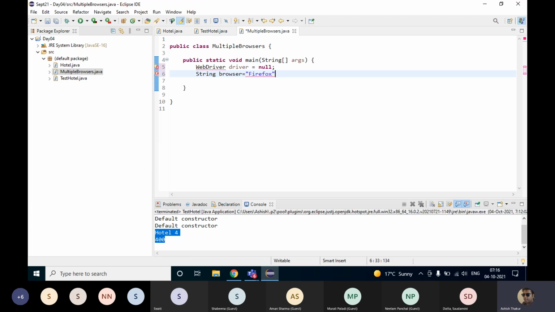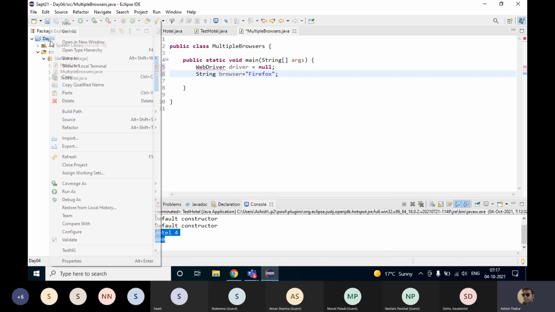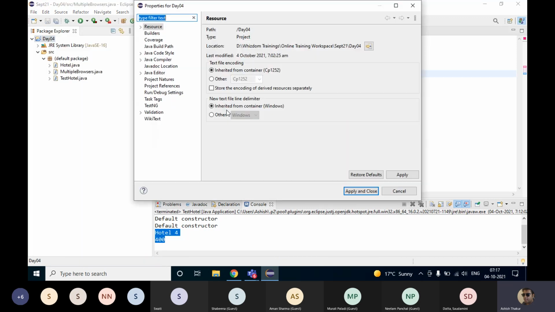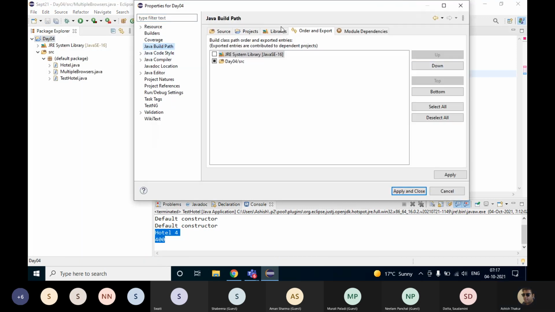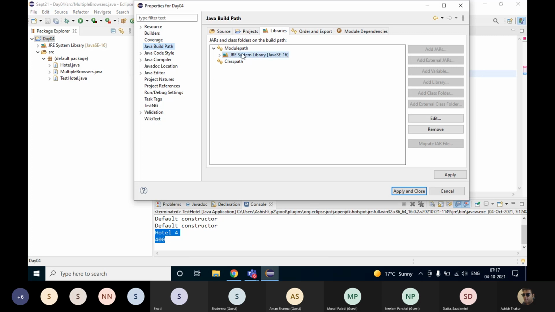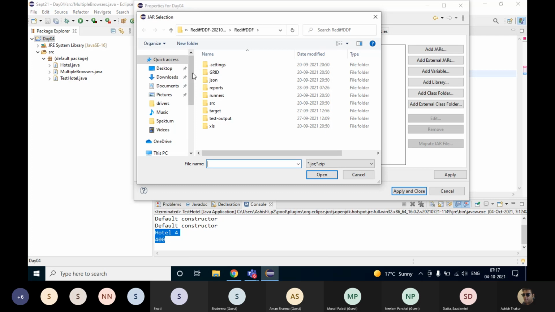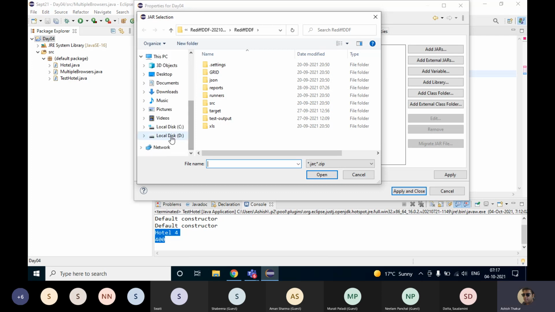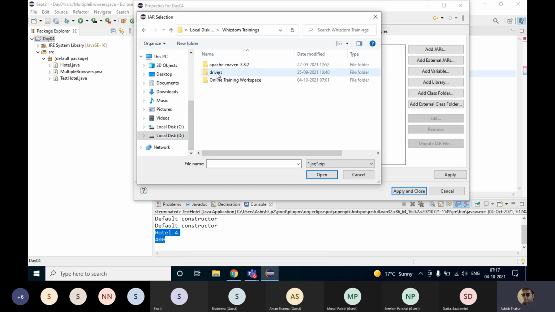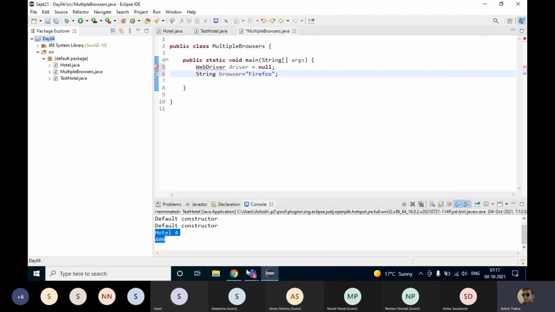Then the script should be working on Firefox. I'll have to include the Selenium jar files. Hold on. I don't know where I've kept them in this PC. Just a minute. They are not there in this PC.